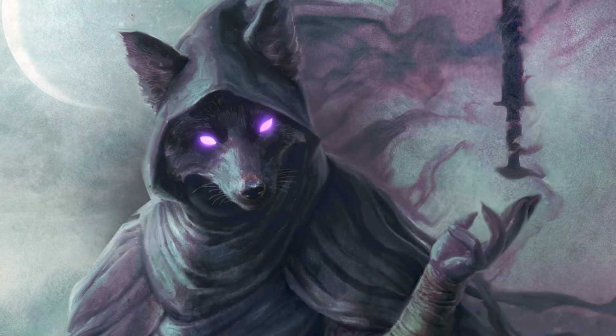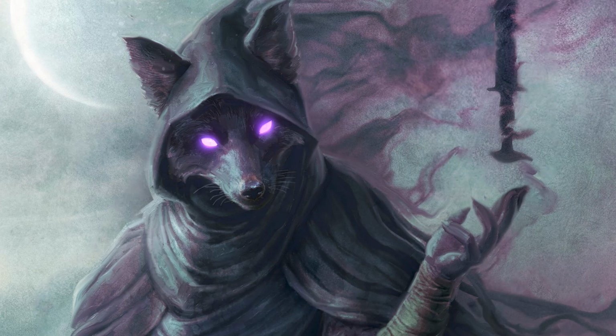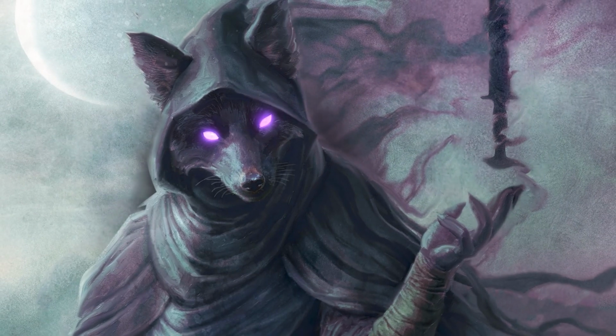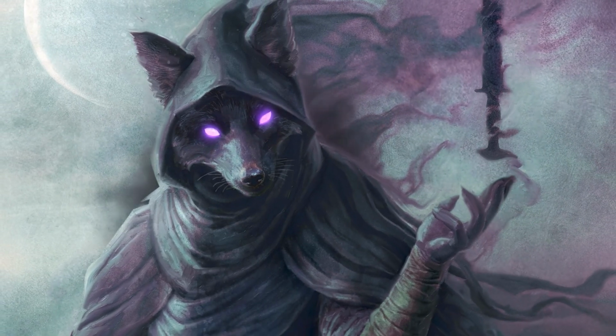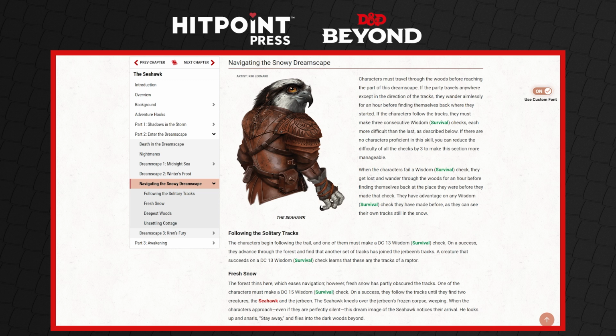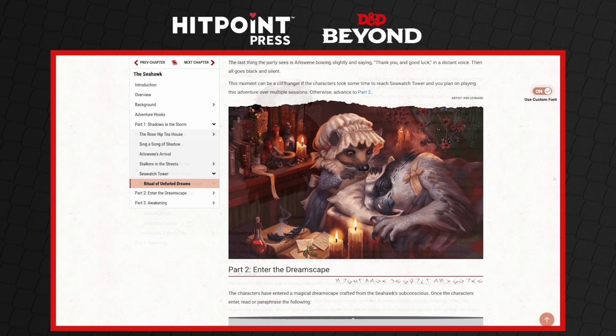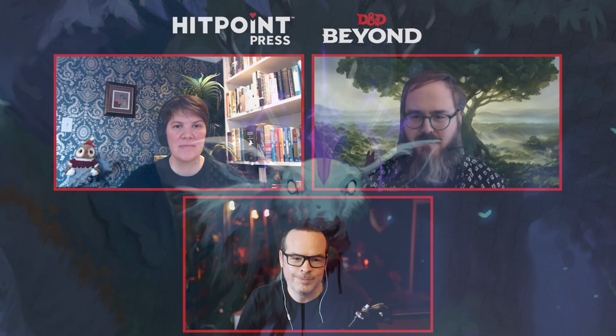Very cool. Then there's The Seahawk, written by James Hayek, which was super exciting to get to work with. This one also takes place in Salter's Port, and it's a noir kind of mystery in a way. A seafaring raptor crash lands in Salter's Port and is taken into a lighthouse and taken care of, but they're having terrible nightmares, and the nightmares are starting to come to life around the lighthouse, and you eventually have to adventure into the Seahawk's mind to start helping pull him back from the brink.